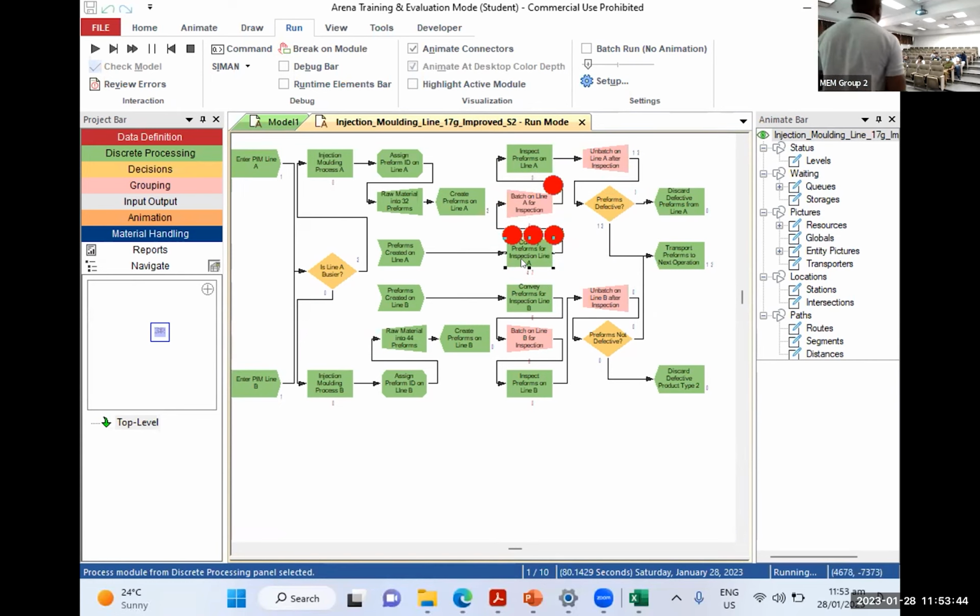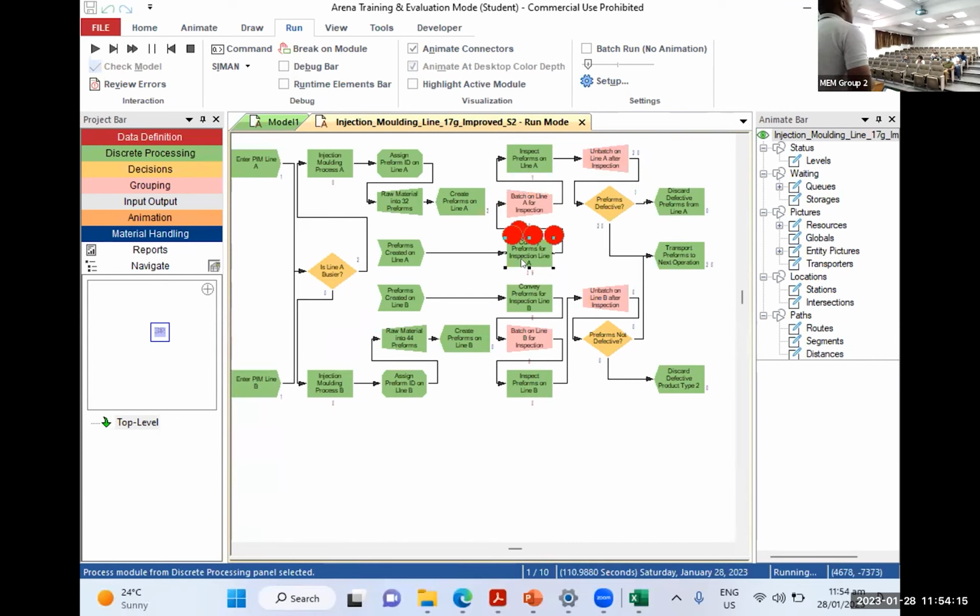Well, essentially, what this may mean is that the technician, once again, may be taking a little longer than usual to inspect all the preforms that are coming into this section of the manufacturing process. Or it could mean that they may hit a snag. And as a result, what can be done? Possibly add a different technician, add a particular automated system to improve the inspection line, or many other things. For example, change the line, change the design of the manufacturing layout.